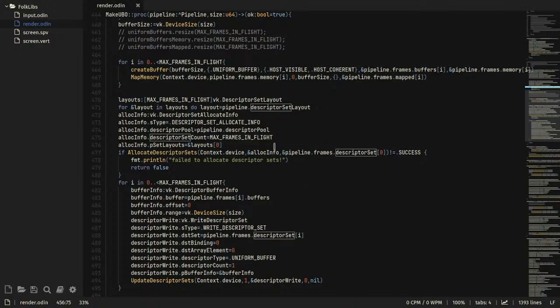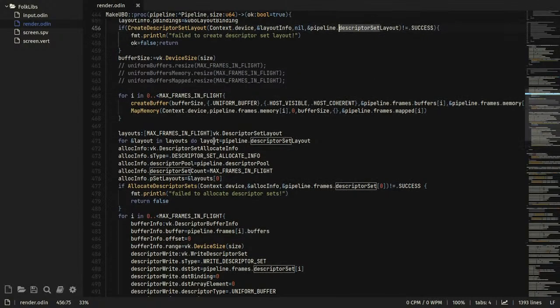Nice frames in flight. It's funny, but so then this requires